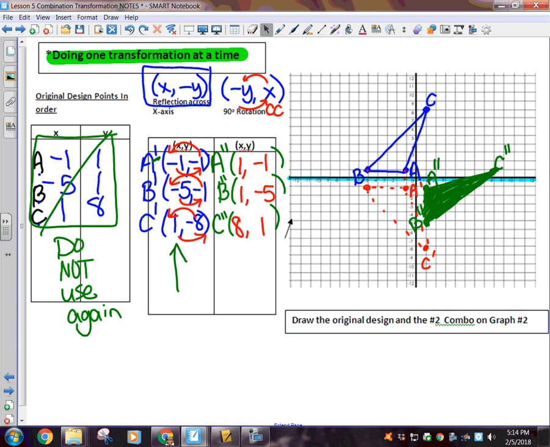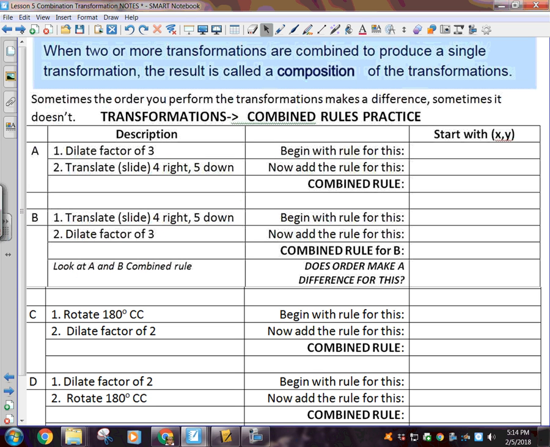All right. Now, the next sheet we have is a practice sheet on writing combined rules. And this is not something that you're going to see a lot of, but there is value in actually practicing this. There's also some things we need to point out. Okay. All right, let's talk about dilate factor of 3. Dilate factor of 3. So if we dilate a factor of 3, first thing I'm going to look at is